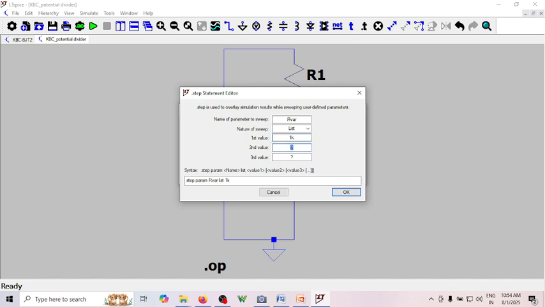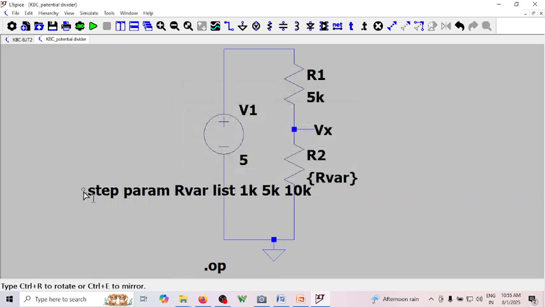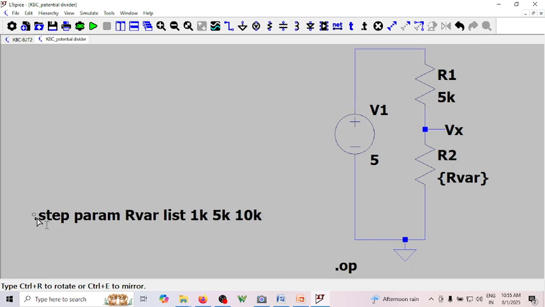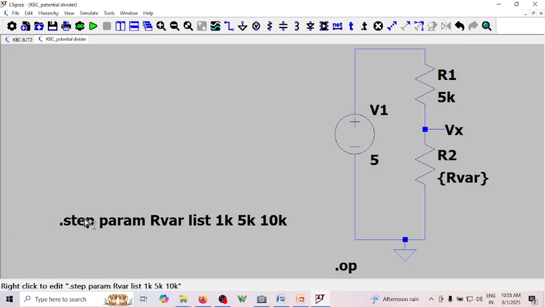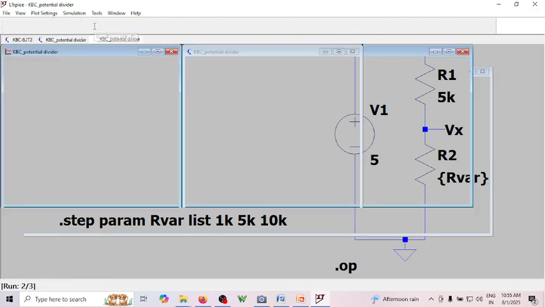Next it is 5k. Next it is 10k. So these are the three RVAR values that you will be considering. See here, this is a .step command where a parameter named RVAR is changed with a list of values as 1k, 5k, 10k. So if I do the simulation,